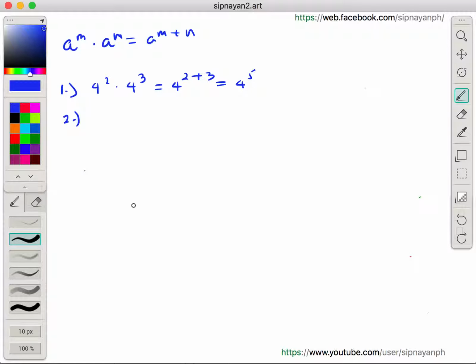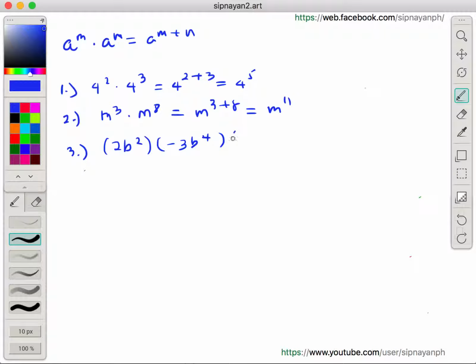isi-simplify ba siya. Next, we have m cubed times m to the 8th. So is equal to m raised to the 3 plus 8, which is equal to m raised to the 11th power. So number 3, we have 2b squared times negative 3b to the 4th